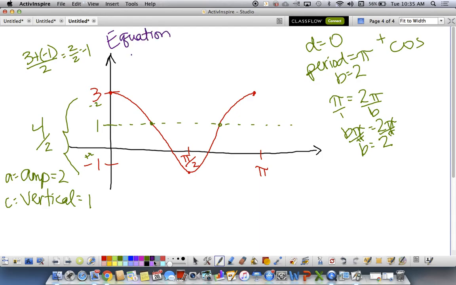What does it always start with? Y equals. What do you want to do? 2 cosine x. Is x by itself? There's no B. Oh, there is a B. 2x. There is a B. We just solved for it. 2x plus